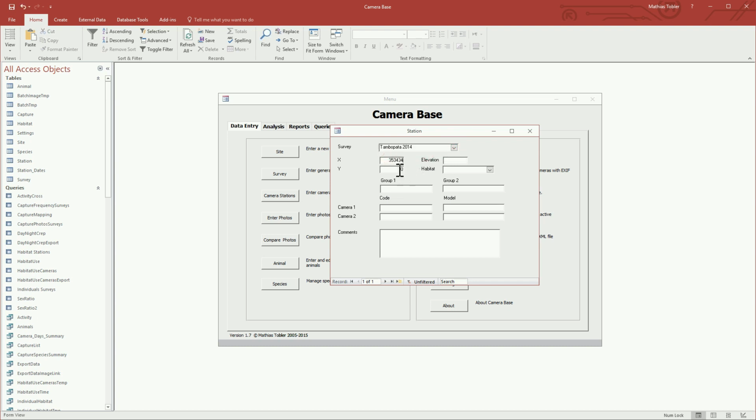I don't have the correct coordinates, I'm just going to put in some numbers, but you can give lat long or UTM. I would suggest UTM. There's two group fields which you can use for any characteristic you want. Let's say if the camera is off-road or on-road, we can have information on vegetation,